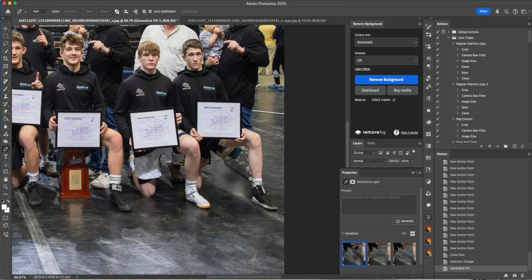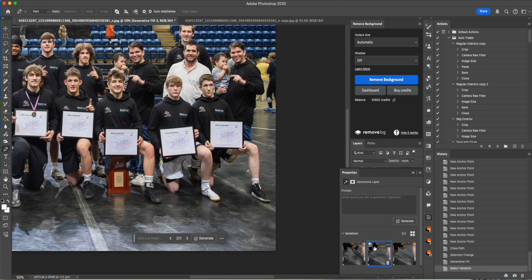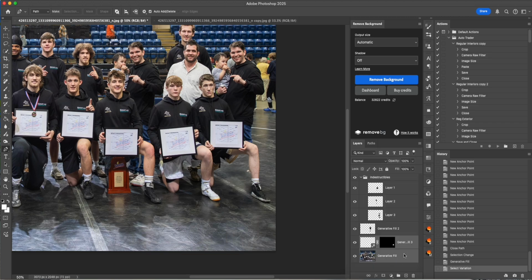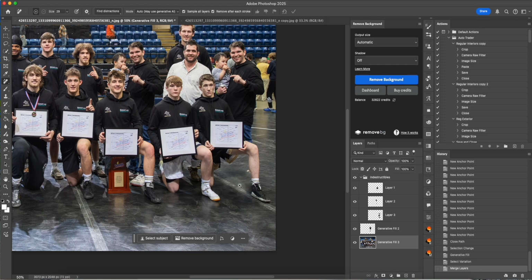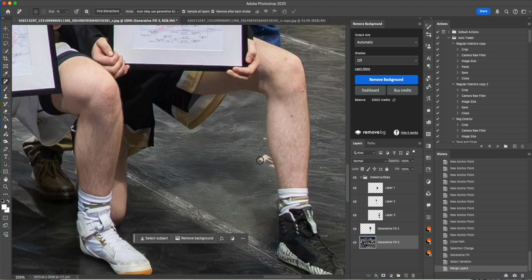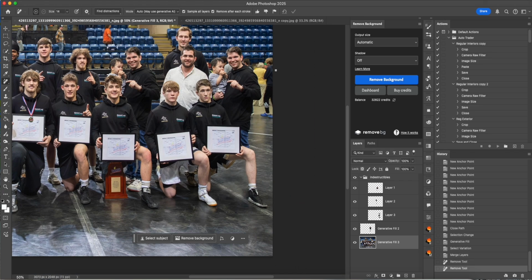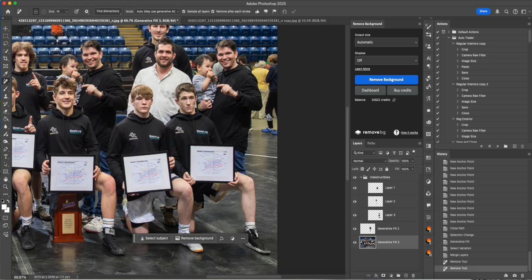All right, and then we're going to zoom out so we can see our floor. That actually looks pretty good. I kind of like that one, and we can just fix this little white piece up. Okay, then I'm going to merge those layers again, and I'm going to take the remove tool and go along this white piece to kind of clean it up there. There we go. Now look, he's got no legs, and it looks really funny. Okay, so now the more difficult part is going to be